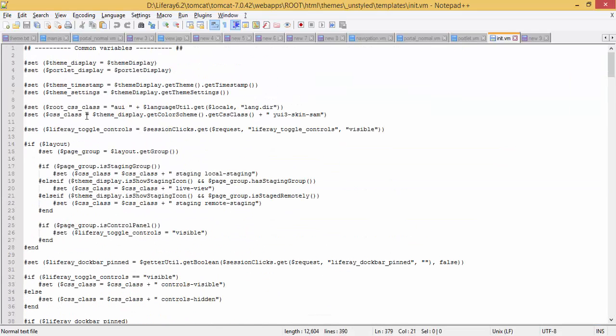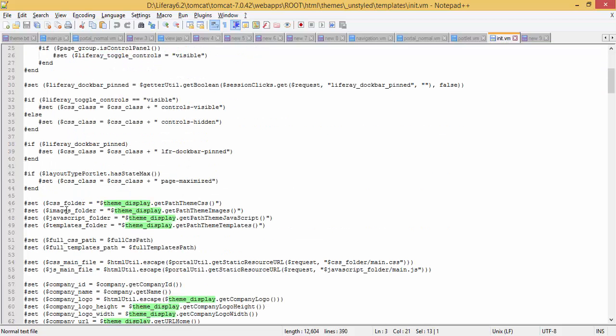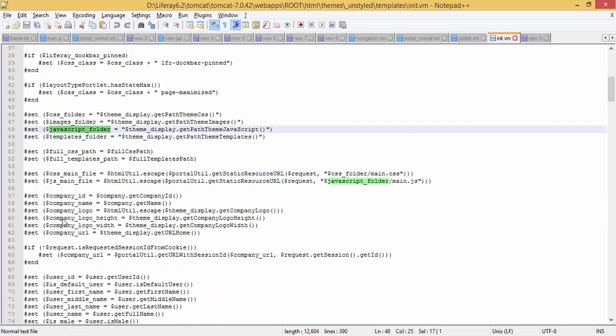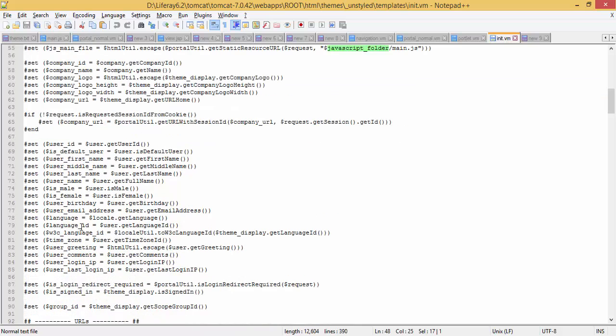So look, there are lots of variables available, like theme display object, CSS, JavaScript, company ID, company name, company logo, and user first name, user middle name. They just use the method and put it inside a variable by using set. So if I want to get the username, I can directly use this.